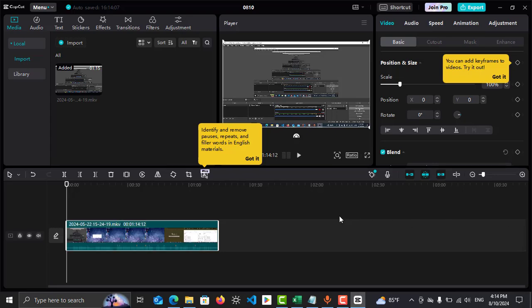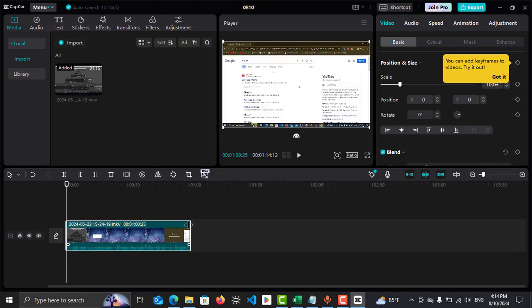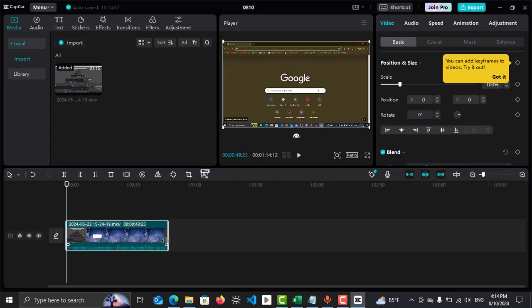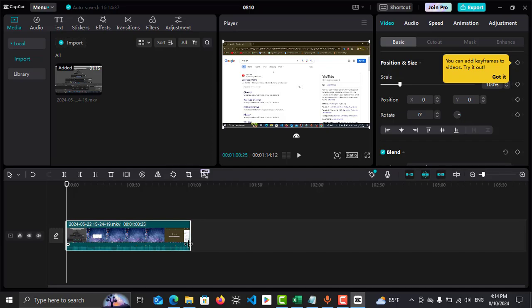Now you can do some basic editing like trim and split your videos. To trim your video, you go to the end of the video section and click and drag the video cursor. You can see you can trim the video,